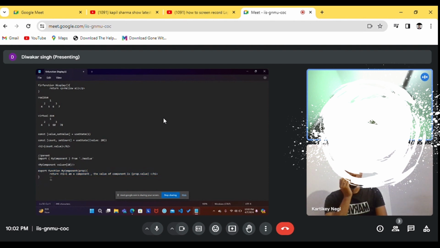This was the first difference, and another is that if I'm using named export, I can use multiple export statements. So in a single file, I can export multiple components in terms of named export, and I can import them like this. But if I have used export default, then there is a single default export in a single file. So I cannot export multiple functions in terms of export default, and I can export multiple functions in terms of export. So this was the difference. Okay.